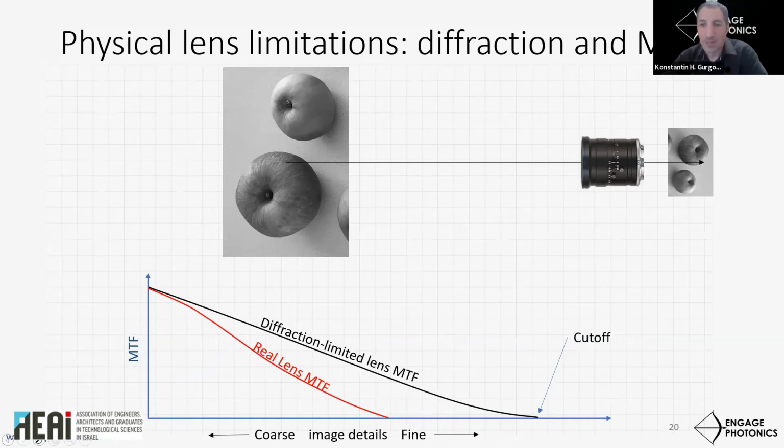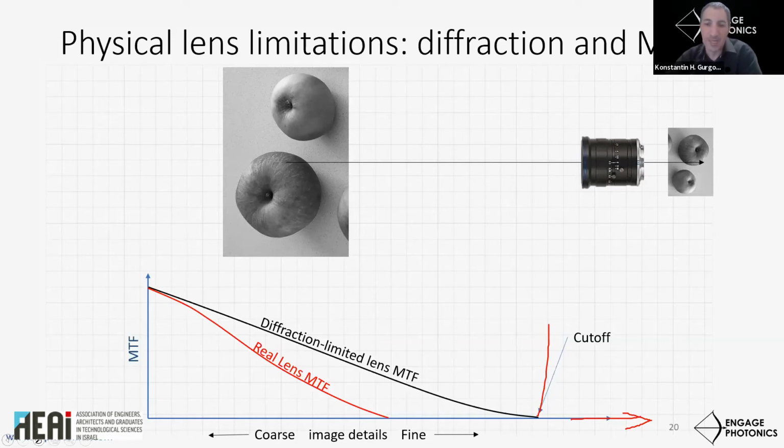Lens MTF for incoherent imaging for perfect lenses without aberration is an almost linear function, and there is a certain cutoff frequency right here. This is the frequency axis, spatial frequency. This cutoff is inversely proportional to wavelength and lens f number. It has to do with light physics. Again, since a lens is not space invariant, MTF is different for different regions in the image. Now, for a real lens, which has aberrations, the MTF will always be lower than a diffraction limited MTF.